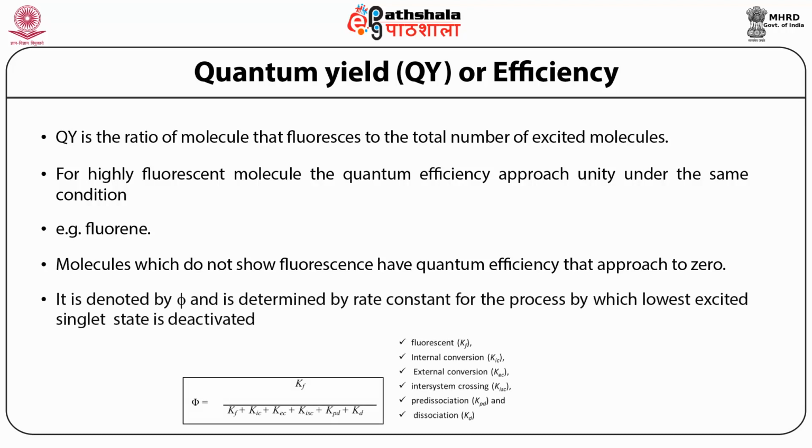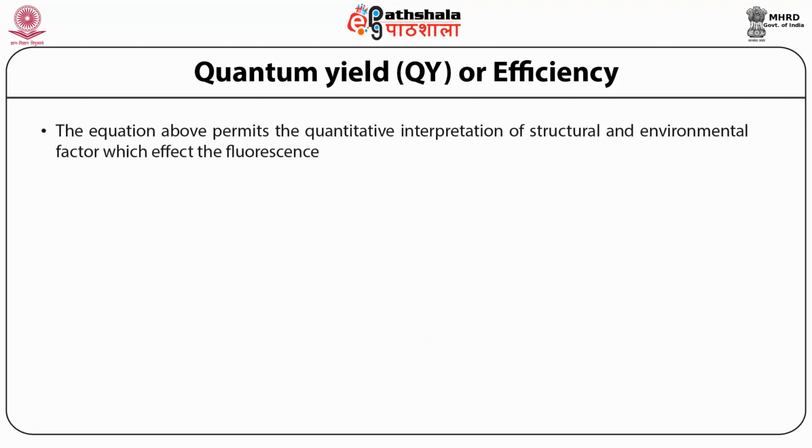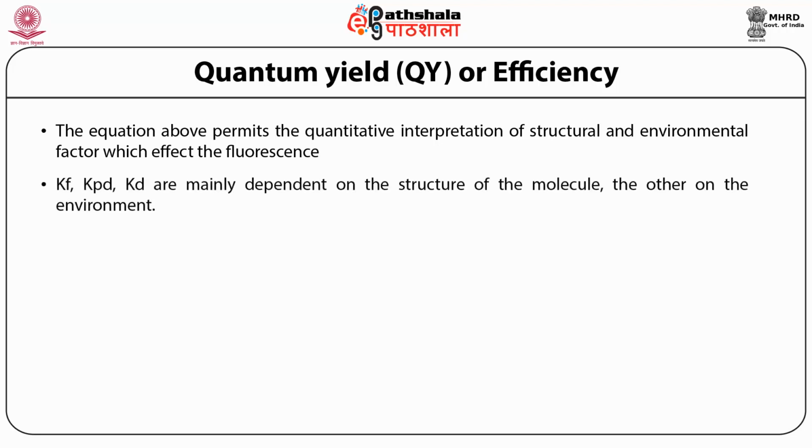Quantum efficiency is denoted by phi and is determined by rate constants for the processes by which the lowest excited singlet state is deactivated. We have already discussed various factors which deactivate the process of fluorescence, like fluorescence, internal conversion, external conversion, intersystem crossing, pre-dissociation, and dissociation. The equation permits the quantitative interpretation of the structural and environmental factors which affect fluorescence. K fluorescence, K pre-dissociation, and K dissociation are mainly dependent on the structure of the molecule,